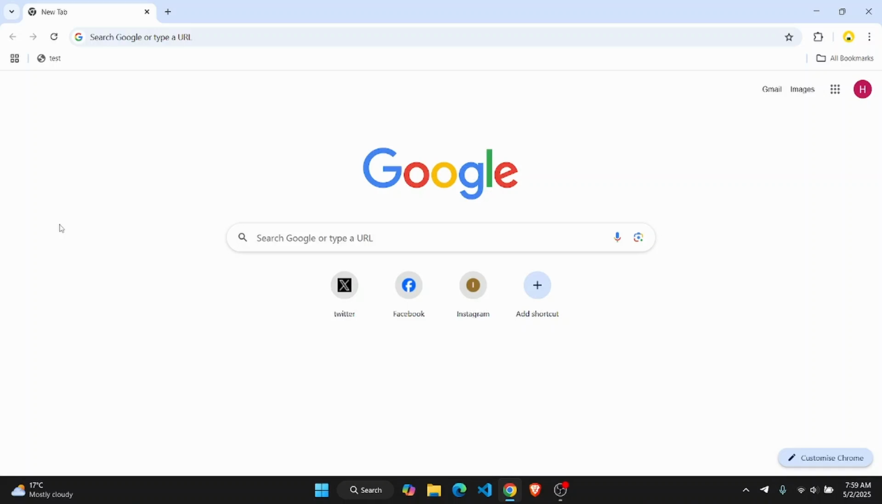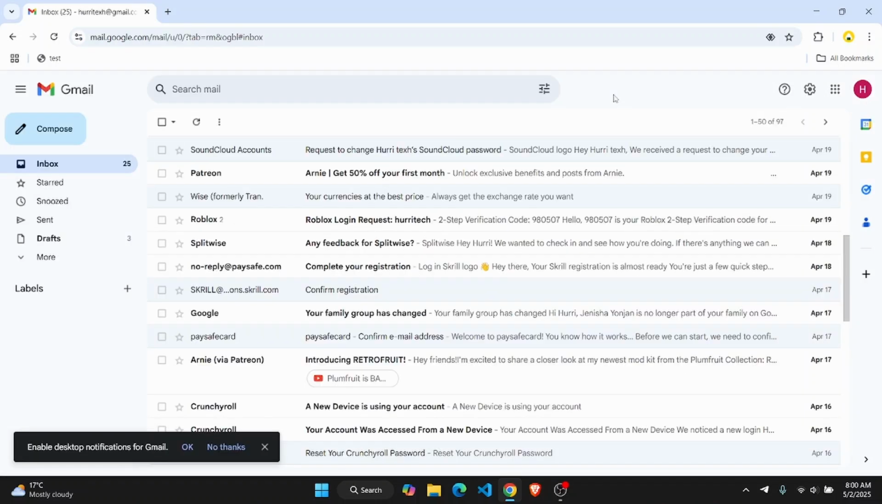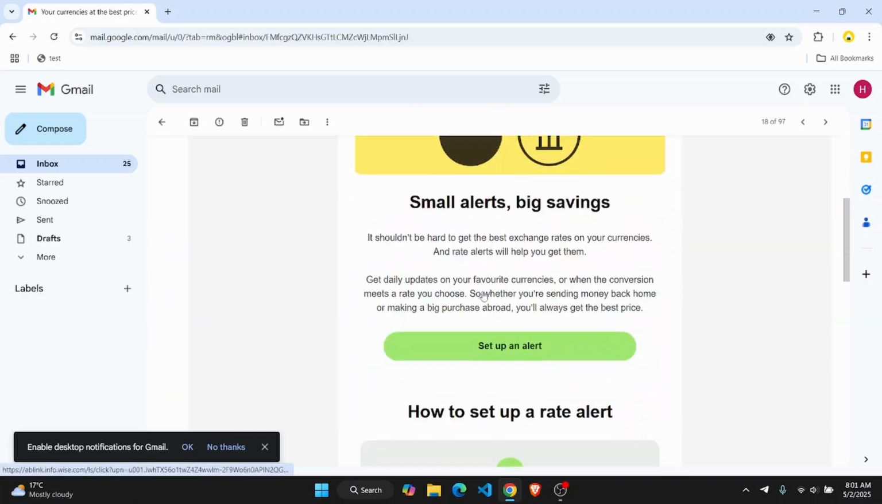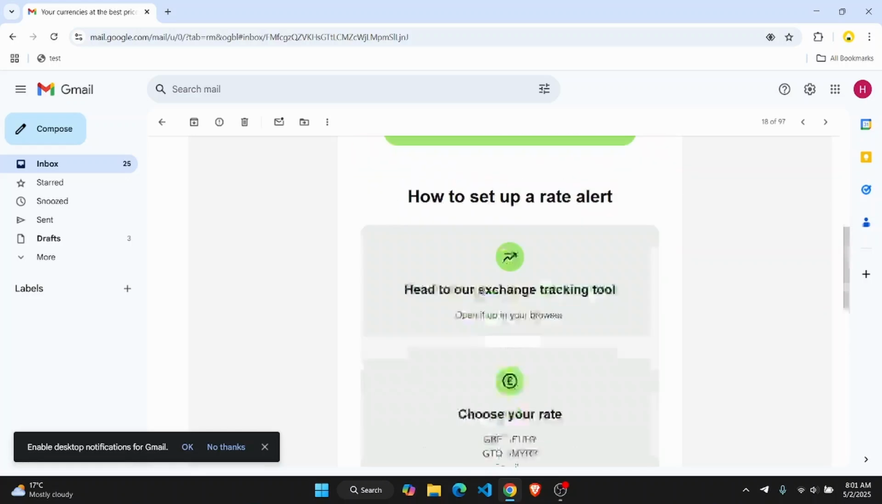The very first thing you're going to have to do is open up any web browser and then simply head over to gmail.com. Once you open up your Gmail, you just need to make sure that you are logged into your account. From here, you can just choose any email that you want to print out. So let's say if I want to print out this email right here, what I'm going to do is go